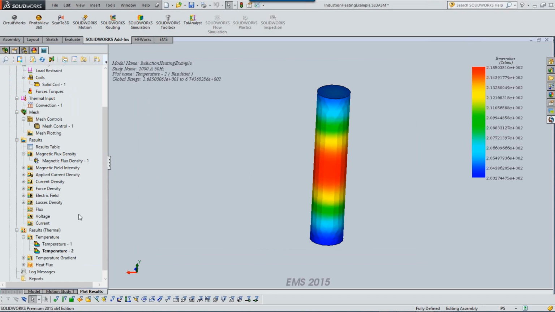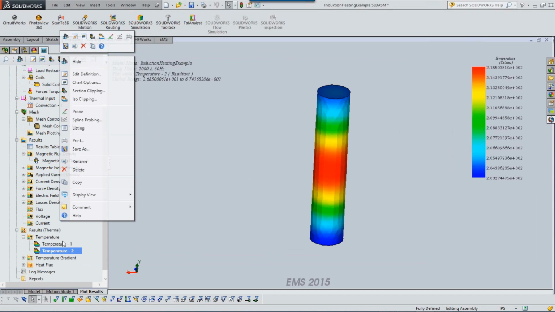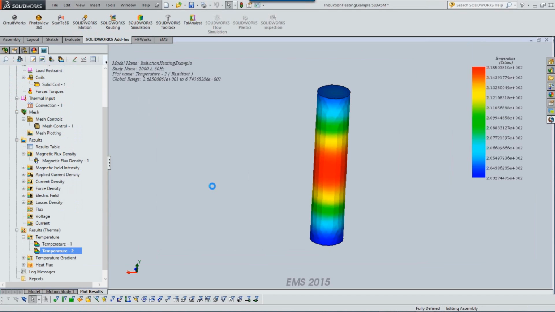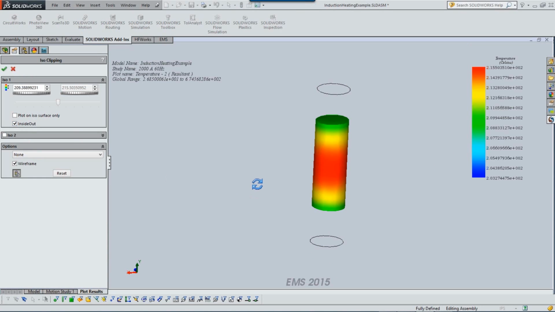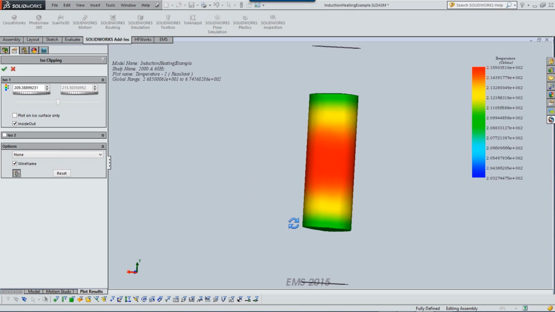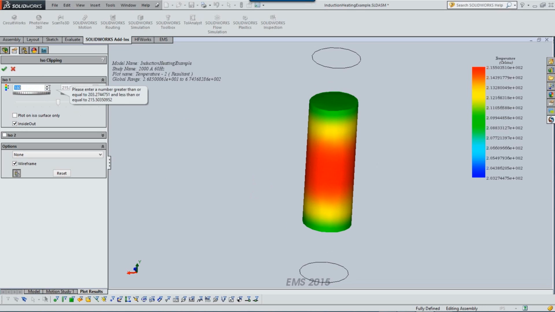Now another thing that I wanted to show you is what is called an isoplot. This helps you to understand critical areas of the model. For example, an isoplot helps you to find out the areas that are, say, above a certain value. For example, I would like to understand areas that are above 180 degrees Celsius, and here